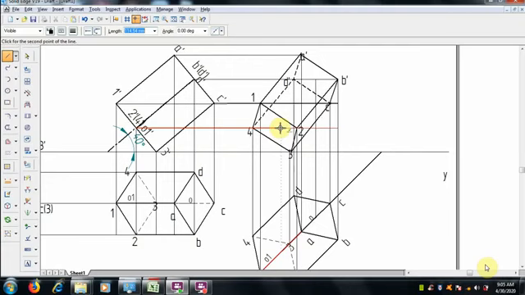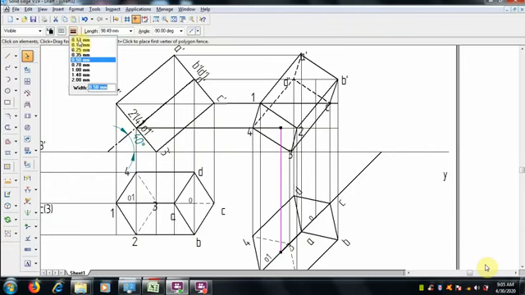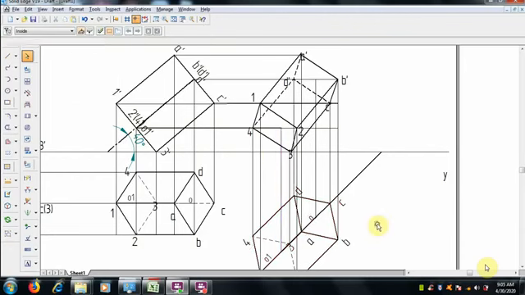So the base axis and lower end, 0.13 mm thickness, and we have to draw the axis from this point to that top here, that is O1.